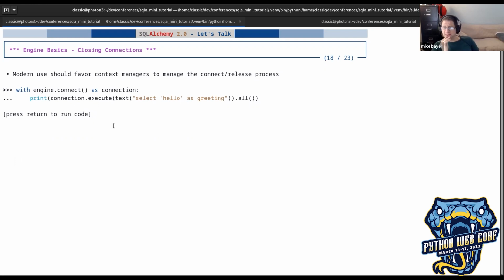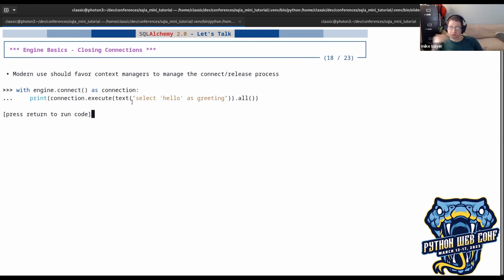So when you connect to a database with engine.connect, as I've just shown, don't call close, go with engine.connect, and you get the connection back. And then in the block, do the work with the connection. If you have a lot of work to do with the connection, call a function and pass the connection to it. But the point is, when you deal with SQLAlchemy objects and database objects, you want to make sure